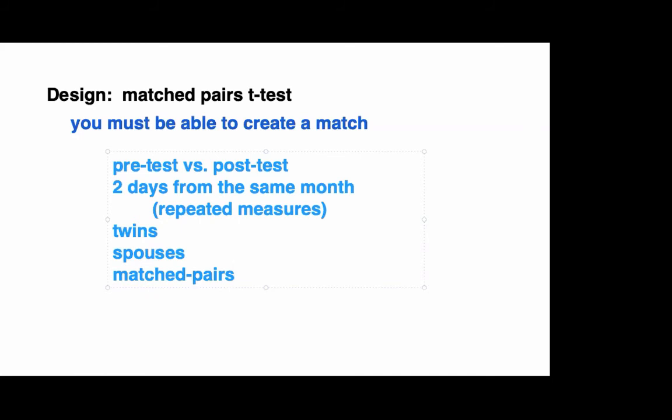So what we do in a true matched pairs design is say, I'm going to find 10 people from the population chosen randomly, and then I'm going to do my best on some set of measures that I think are important, like gender, age, socioeconomic status, education, whatever those values are. I'm going to try to find another set of people in the population that match the criteria that I found for the people in my study.